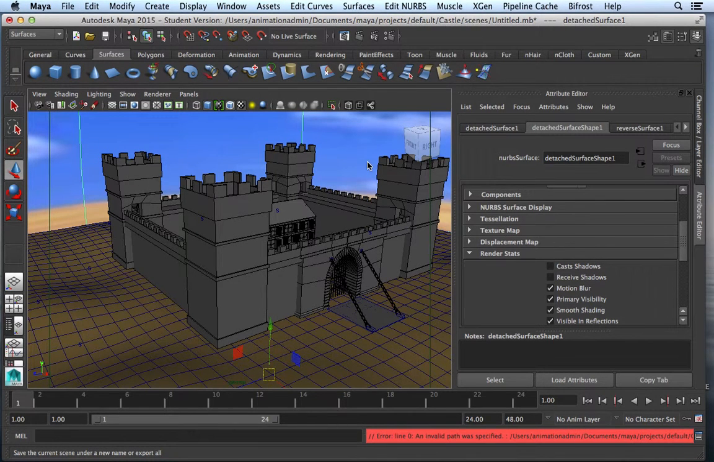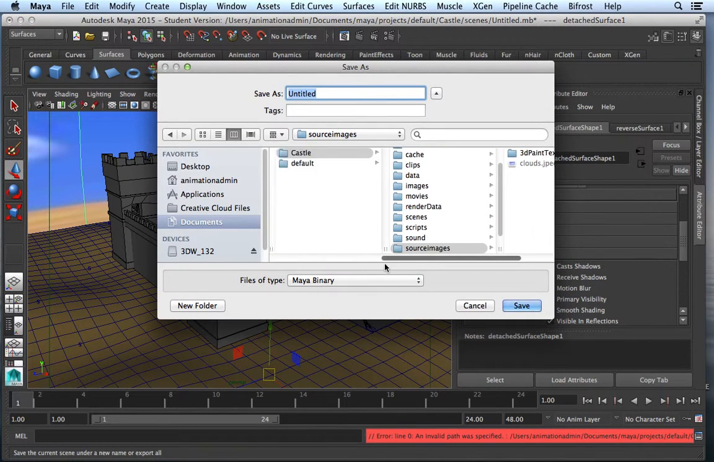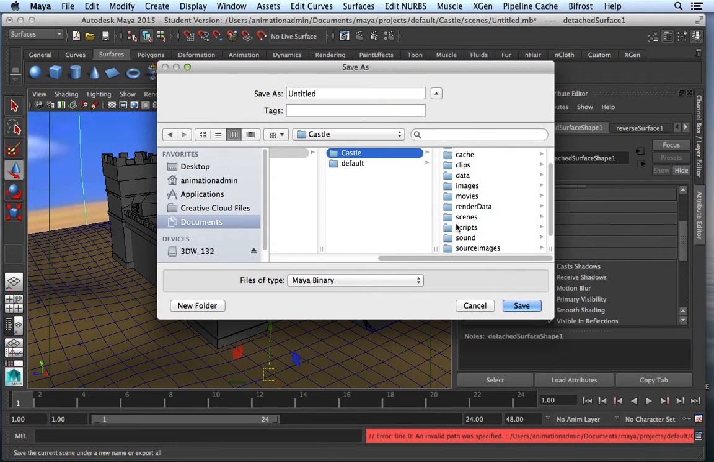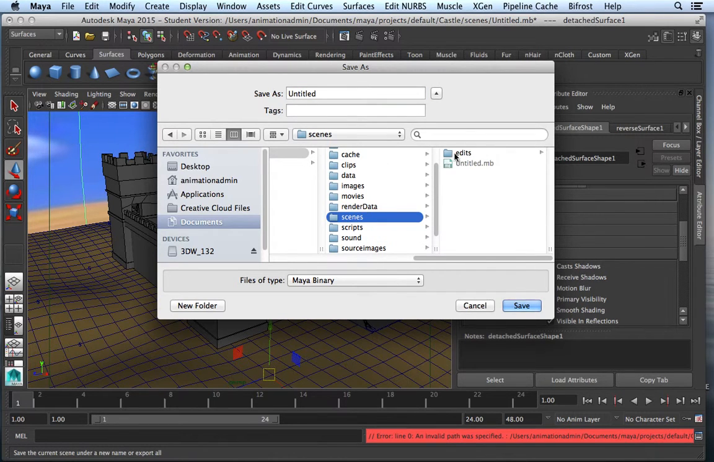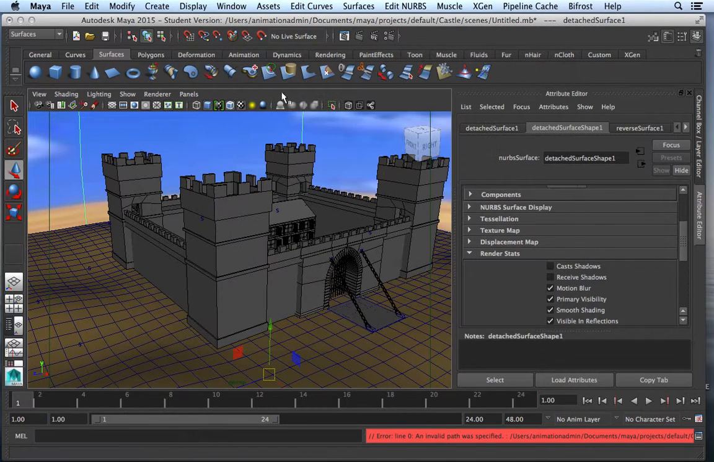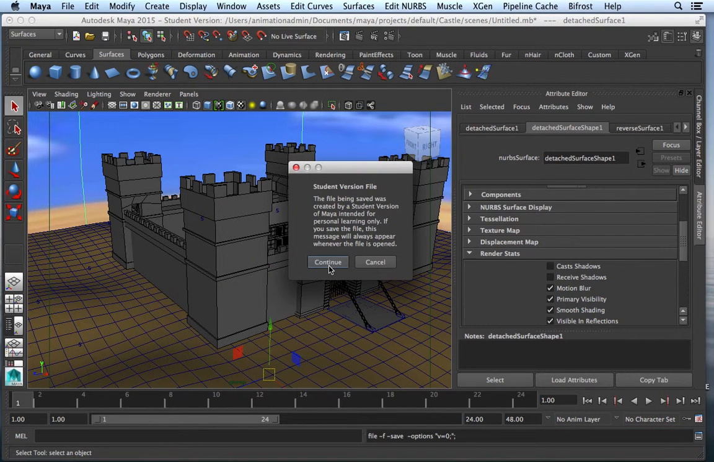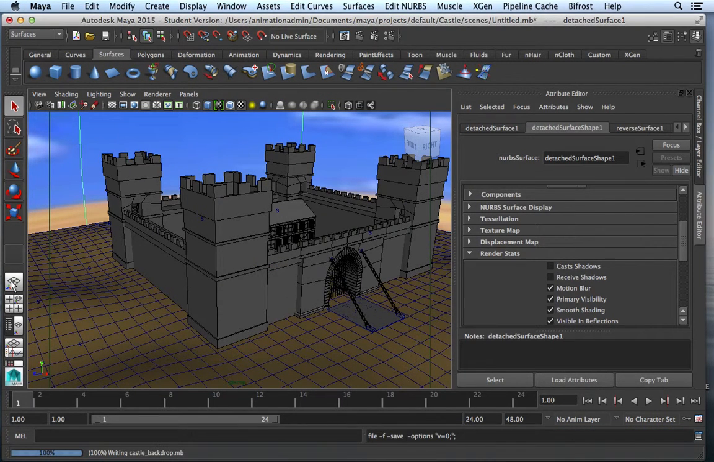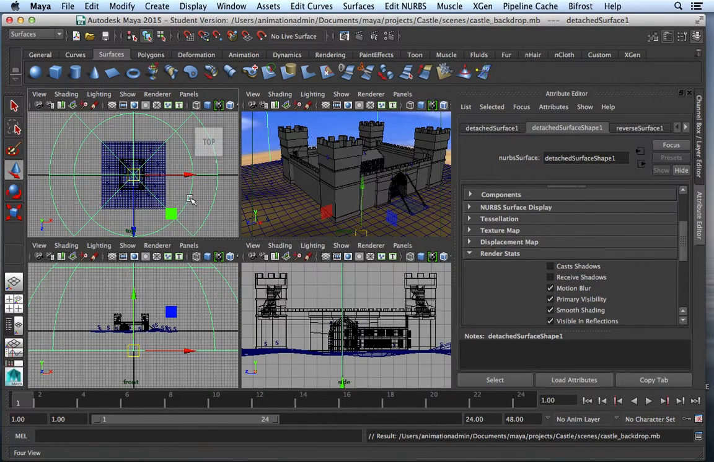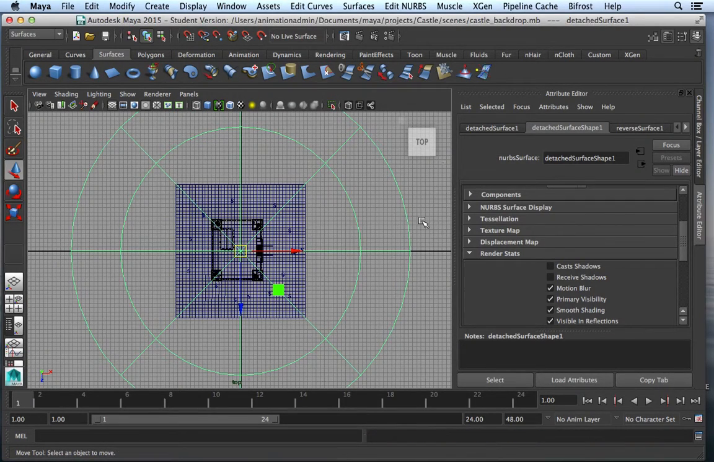I moved my project folder. It should be saved as castle scenes. I'm going to go ahead and name it castle backdrop. Hit save. Okay. At this point, again, you can go to the 4 views, and going from the top view, you can start mapping